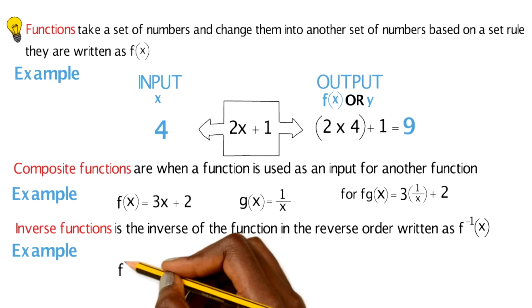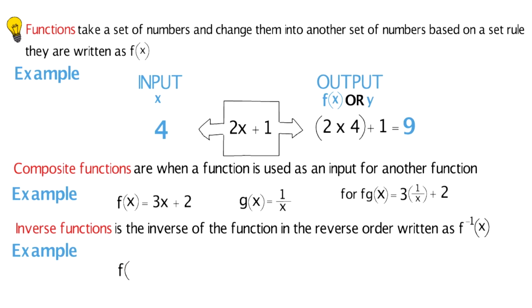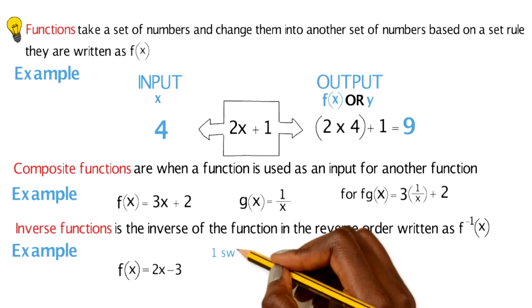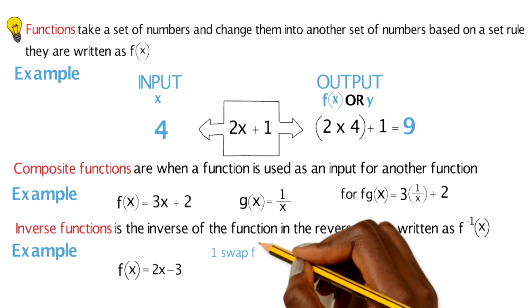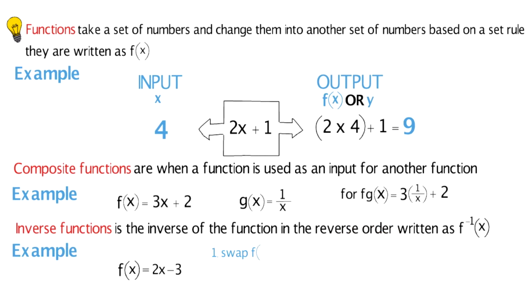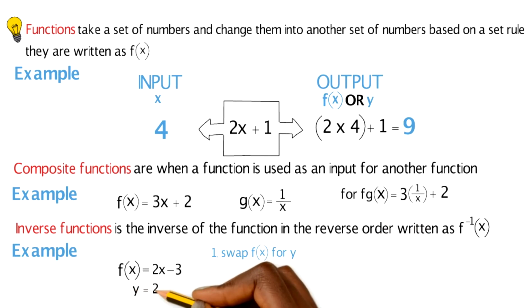So for instance, if we have f of x, and this function, let's say it's equal to 2x minus 3. What we're going to do is we're going to swap f of x with y. And remember I mentioned before that f of x is the same as y. So sometimes students may find it easier to write y is equal to 2x minus 3